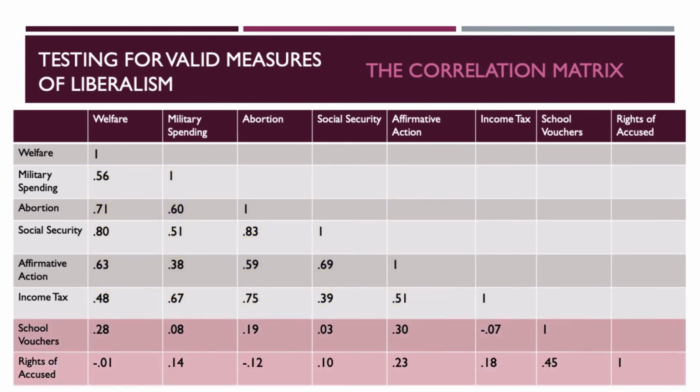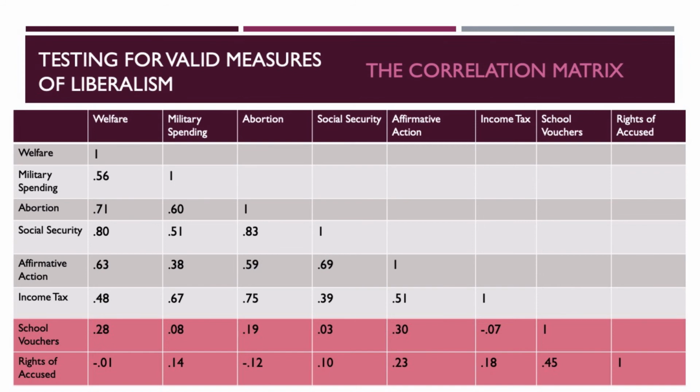However, we have these two indicators down here that have scores very close to 0. And this tells us that attitudes about school vouchers are not really related to attitudes about any of these policy questions, and the same is true for attitudes about the rights of the accused. The correlation coefficients here are very small, and that signals to us that attitudes about school voucher programs and attitudes about the rights of the criminally accused, they don't really seem to be related or correlated to any of these